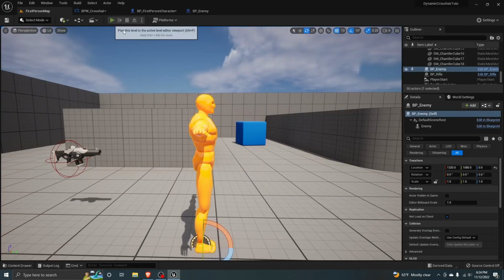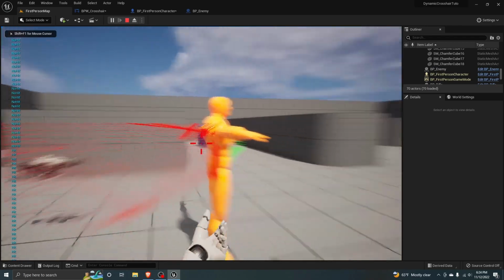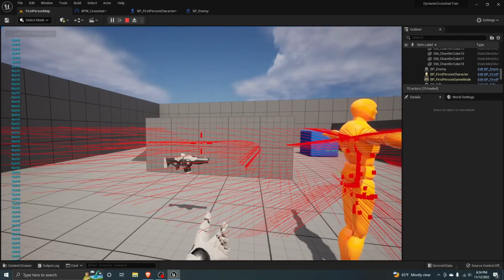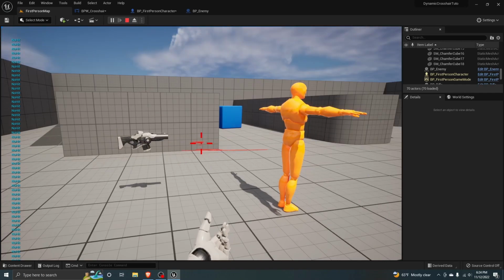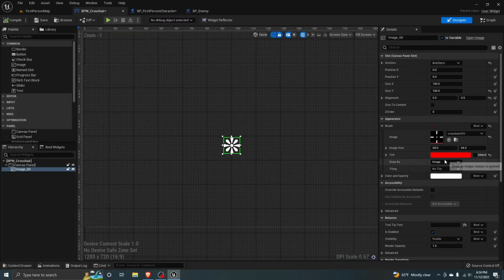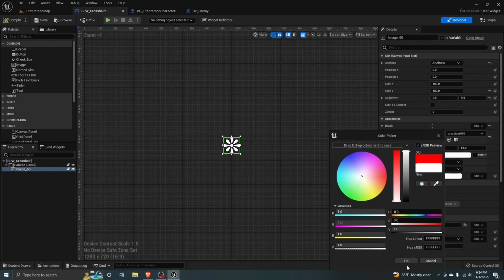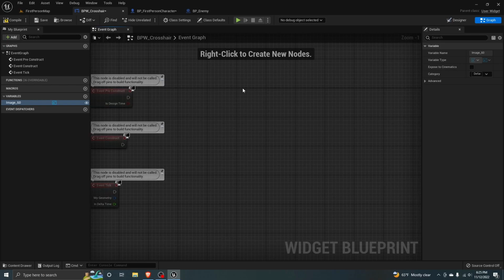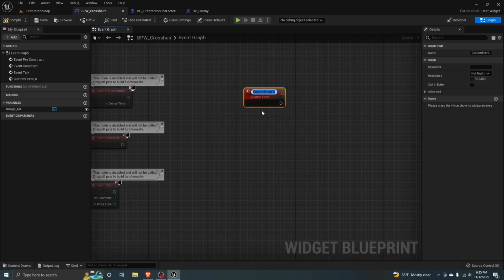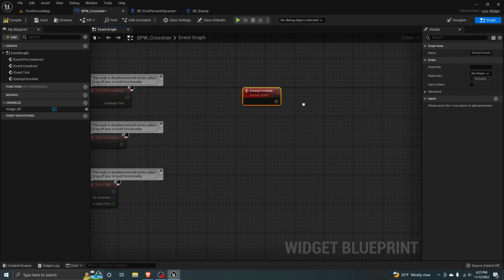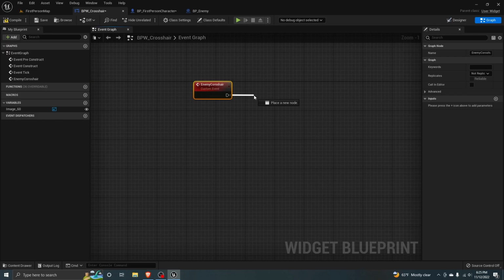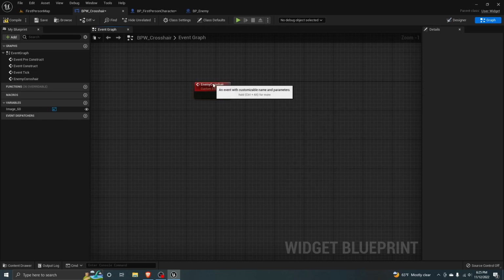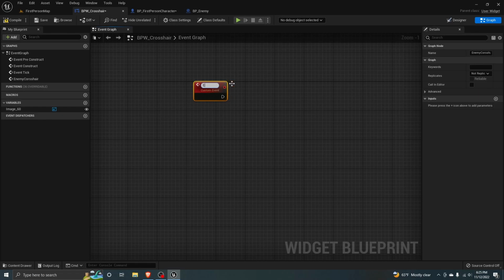Compile. So our crosshair is now red, but we want it to only turn red when the enemy is in front of us. So let's come back to the crosshair widget and turn it back to white. Go into the graph section, and here we could make a custom event, call it enemy crosshair, and when this event is called,